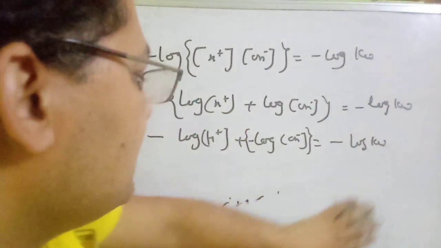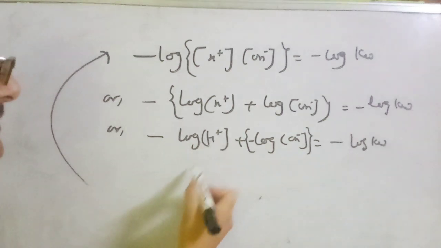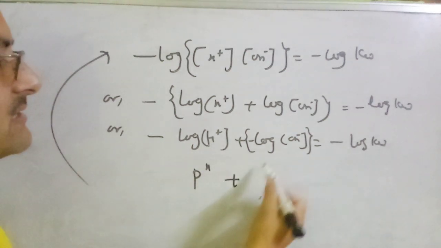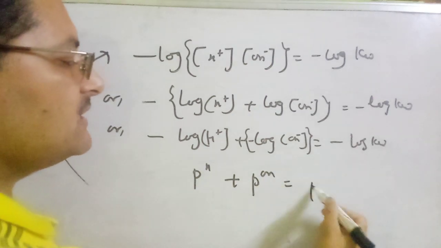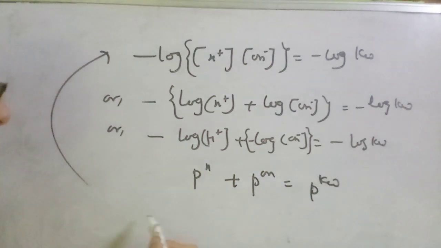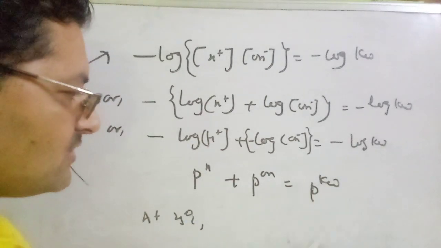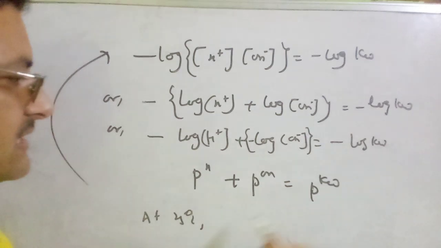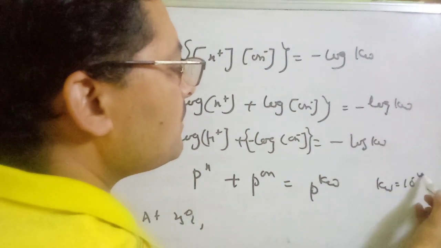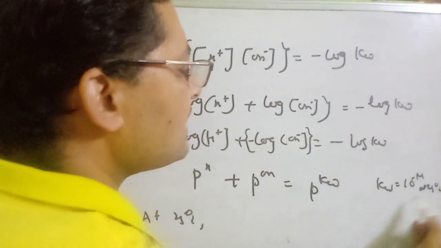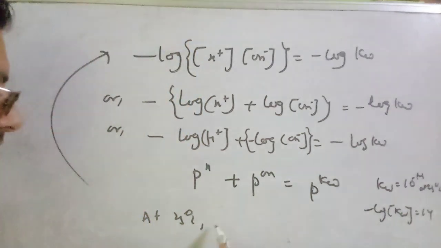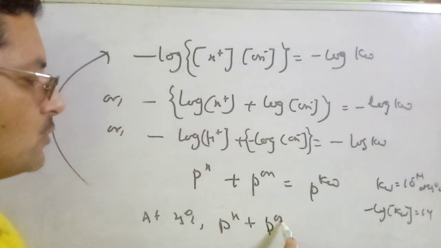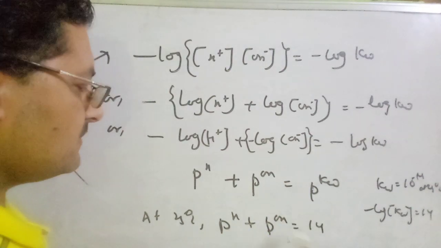So what do you get? Let us see. Minus log of H plus ion is pH, minus log of hydroxide ion is pOH, and you know this is pKw, right? At 25 degrees centigrade, I have already told you that the pKw value is 14, because Kw is equal to 10 to the power minus 14 at 25 degrees centigrade, and minus log Kw equals 14. So we can easily write pH plus pOH equals 14 here at 25 degrees centigrade,